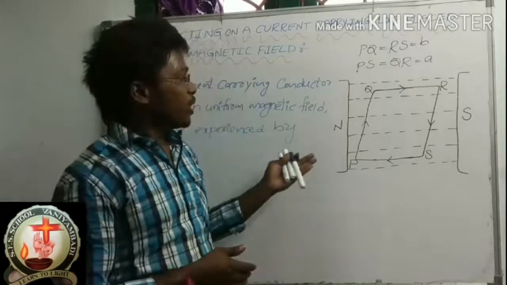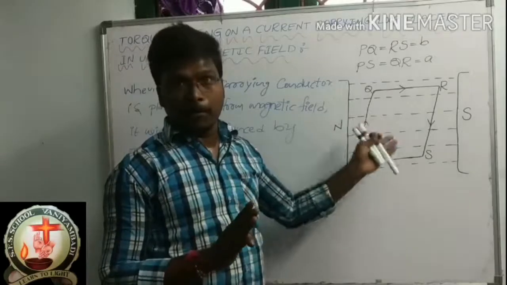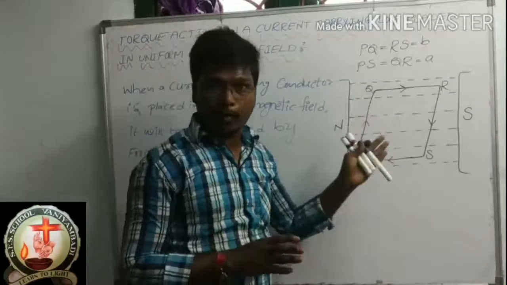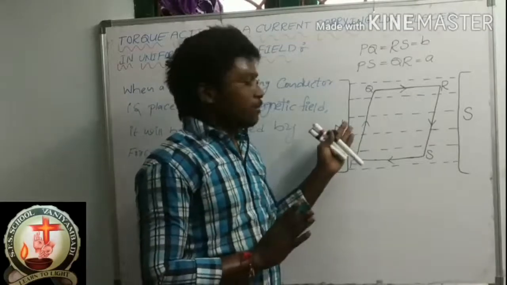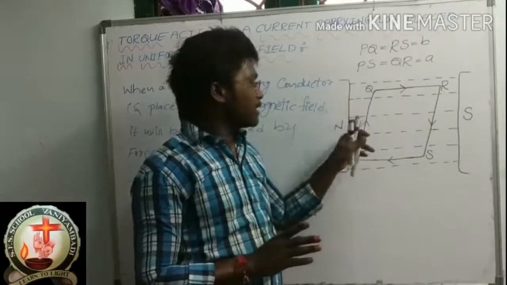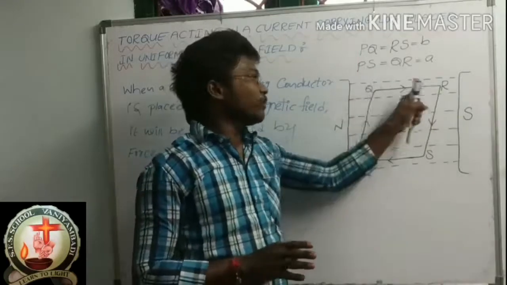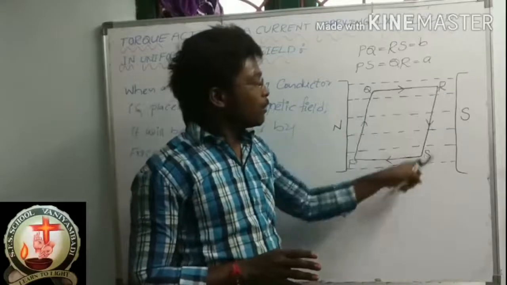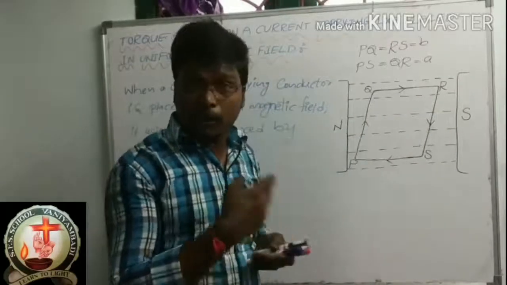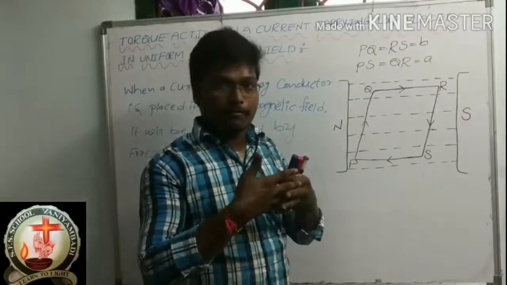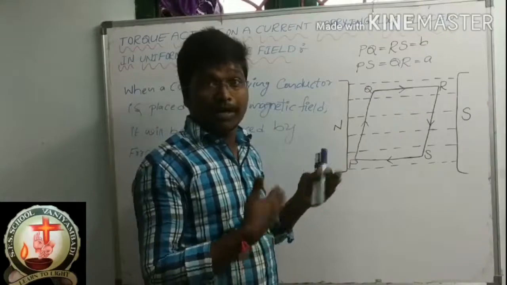Now, so here we placed how many conductors? 4 conductors. Actually, we placed the loop, but that loop is the combination of 4 conductors. Okay, so we should find the force individually. First, how much force is acting on this conductor we will find. Next, how much force is acting on this conductor we will find. How much force will act on this conductor and how much force will be acting on this conductor. Now, individually we should find and we will add finally. Okay, then only we can solve this topic easily.